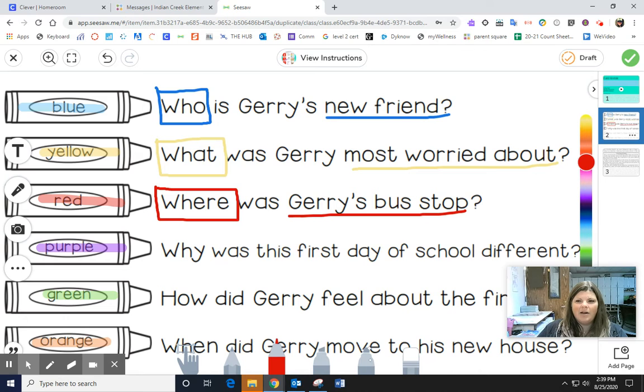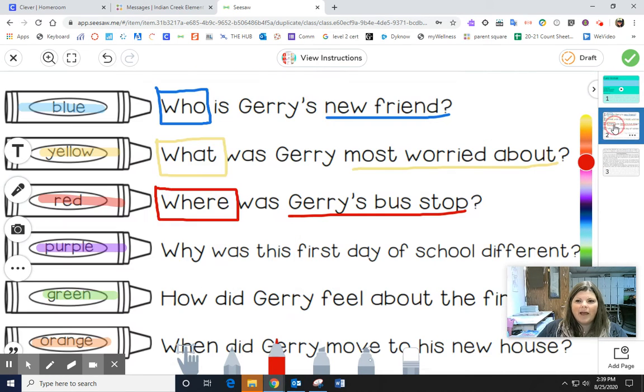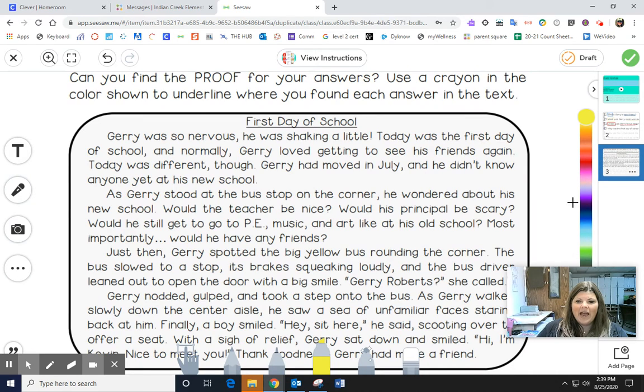So after you've done that, I'm going to now go and read this text. After I'm reading it, I'm going to go back and look for the first one. So I'm going to want a highlighter blue. Who is Jerry's new friend? Well, I remember that he met someone towards the end of the text. So I'm going to get my highlighter and make it blue. And I remember it's close to the bottom.